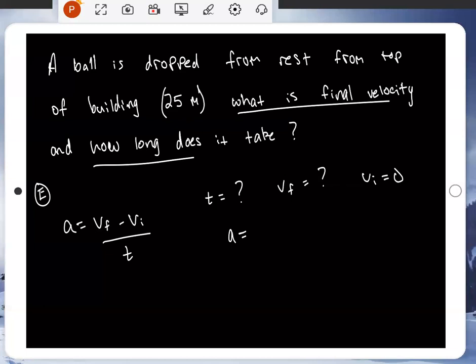What type of problem is it? Is it Newton's laws? Is it projectile motion? Is it one dimension, like on the ground? Is it free fall? Well, the part where it says how long does it take makes me think it's free fall. Yeah. Dropping the ball from rest, you're right, it's free fall, from a building, because once you release that thing, that's free fall. So what is A in free fall?